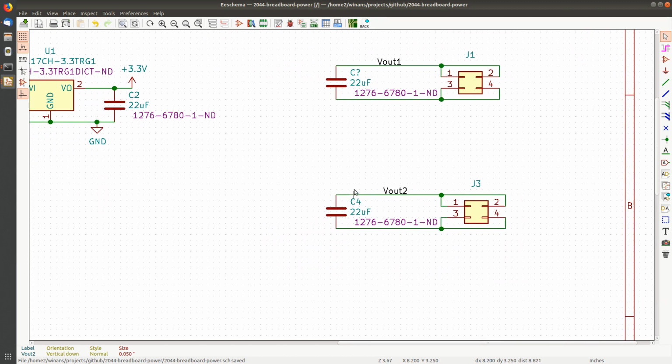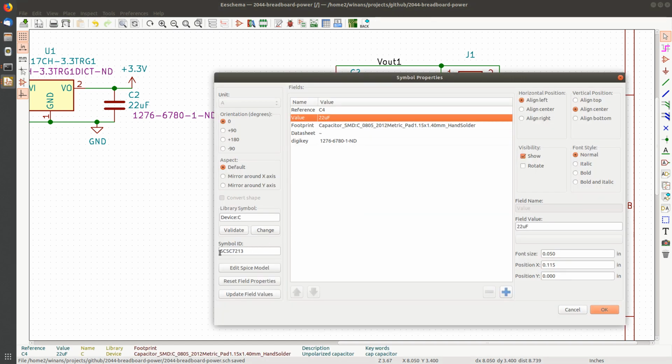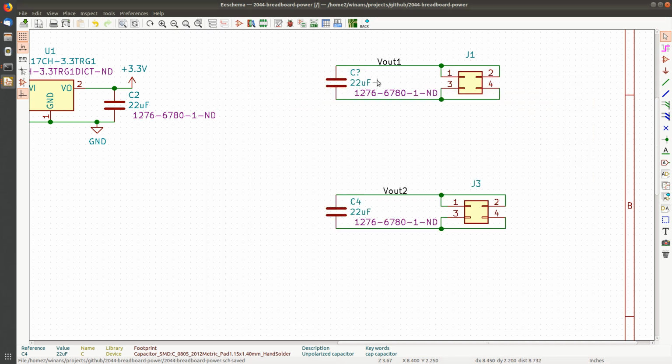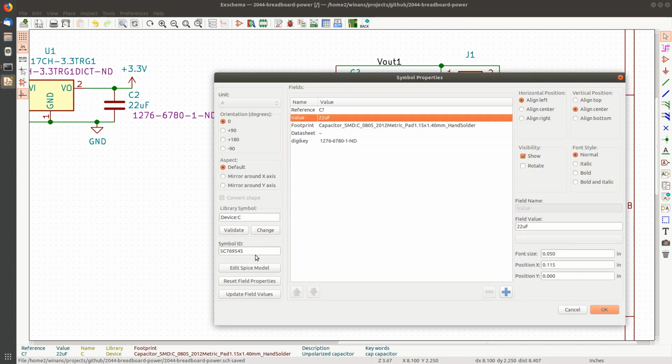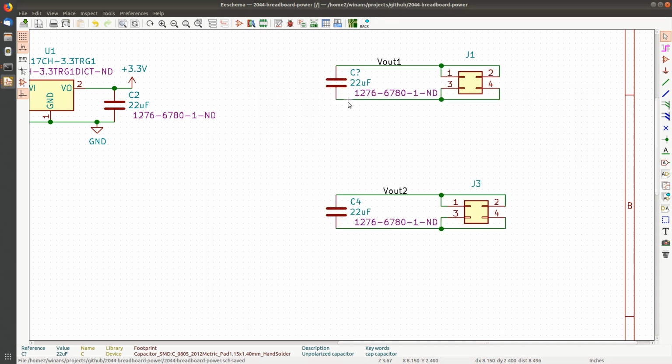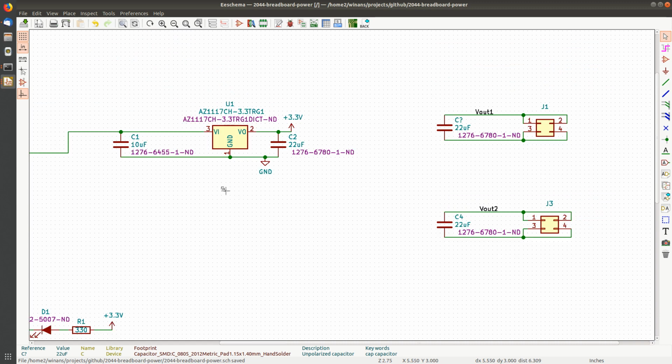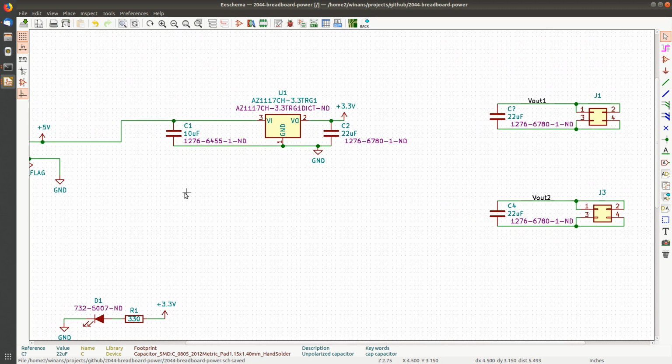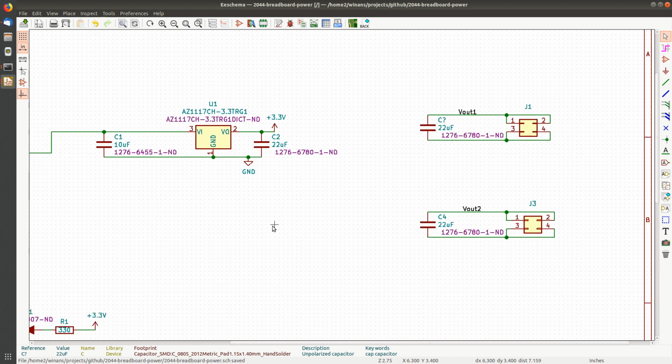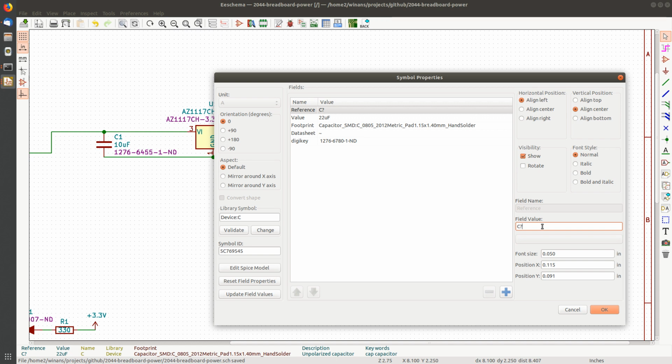So I made a copy of C4, and in doing so, it copied the footprint, but you'll notice the symbol ID that ends in 213 here. If I edit this one, it gave it a new one. Now I'm 545 because it's a different symbol. So what do I got? C4 and C1. Now C2, C1 and 2, and then 3 and 4. C3 used to be hooked up to the other regulator. Now if I make this C3 here, now I have to deal with, when I merge this, the fact that C3 changed its value